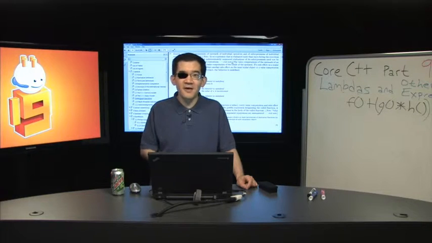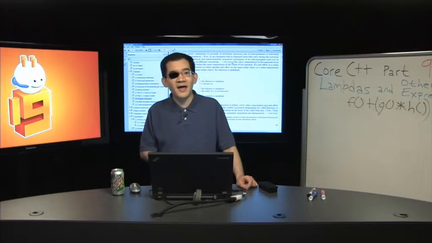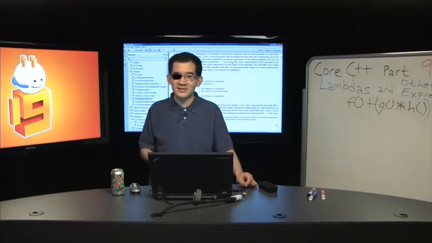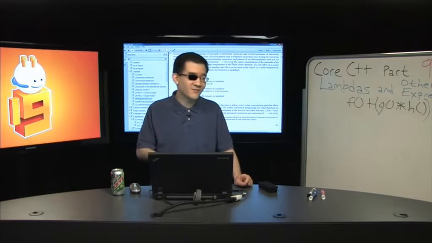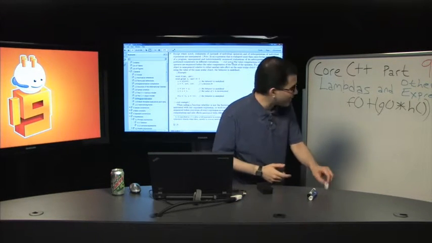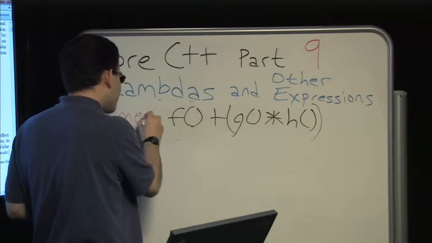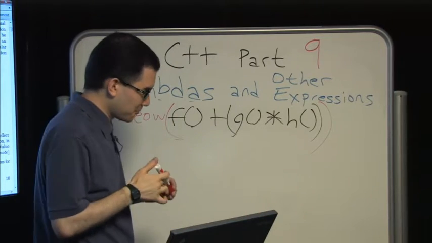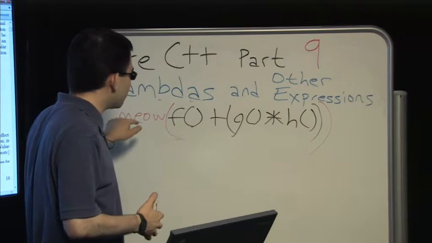Sometimes beginners will come, especially from other languages where things are more tightly specified, and they'll expect a certain order, like left to right or right to left or inside out, and C and C++ just don't specify it at all. Of course, some things are specified. For example, if I have something like all of this being given to a function meow, there is, fortunately, a rule in C++ that says all of this will at least be evaluated before the meow